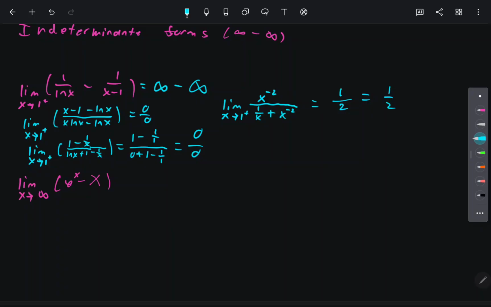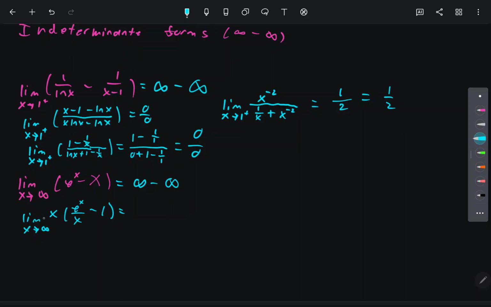For this next limit, we have e to the power of infinity, which is going to be infinity, minus x as it approaches infinity, which is also infinity. So we once again have this form of infinity minus infinity. So what I'm going to do here is factor out an x. So we get x times e to the x divided by x minus 1 is equal to, well,